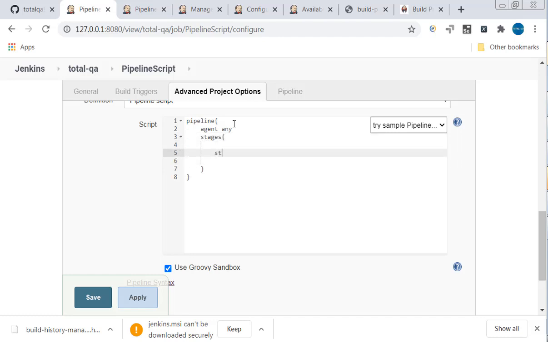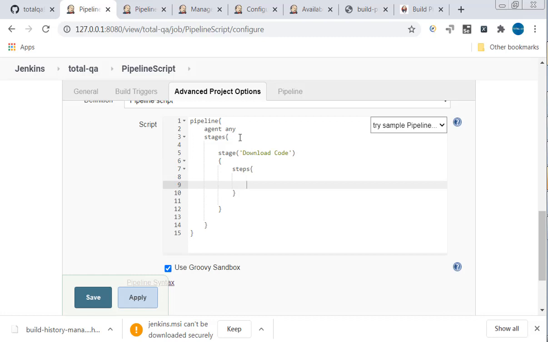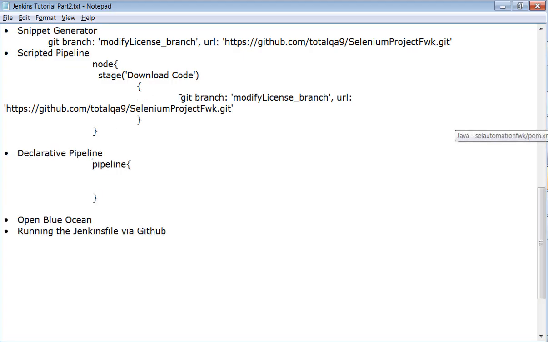Under that you have stages. You have a stage, and you put here again download code. A small change in the syntax, but more or less both are the same. Scripted and declarative both are the same. Under the stage you have to put steps here. Then under the steps you have to put the actual command.